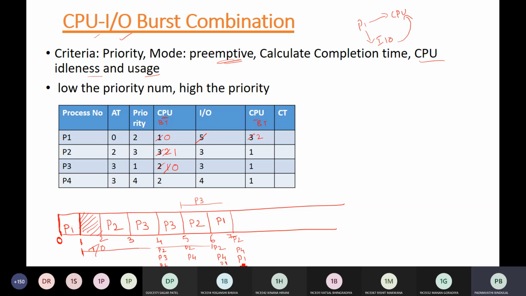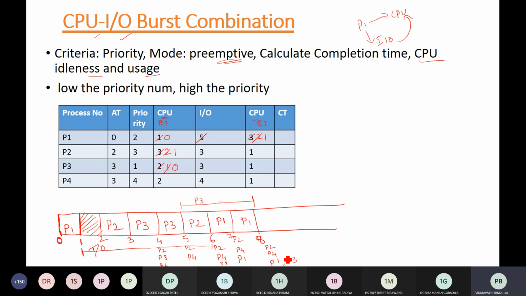So in the 7th instant, which process has high priority? In the 7th instant, among P1, P4 and P2, again P1 has the highest priority. So again at the 8th instant you are executing P1. Here your burst time is reduced by 1. Now in your processor you have P2, P4, P1, and if you carefully see, 1, 2 and 3, up to here P3 has also completed its IO operation. So P3 is also added into your ready queue.